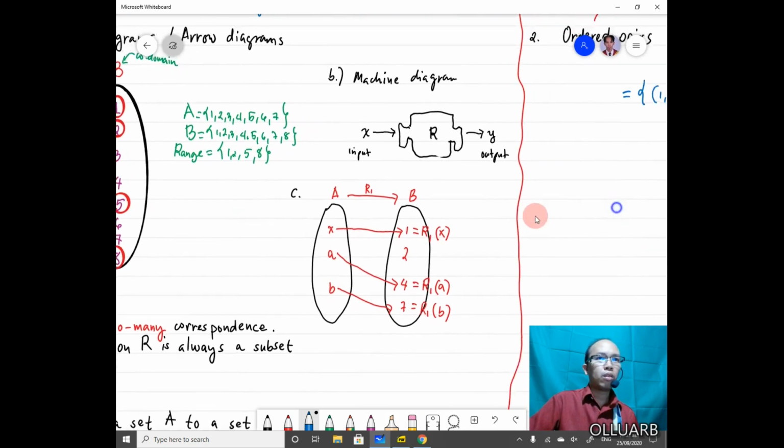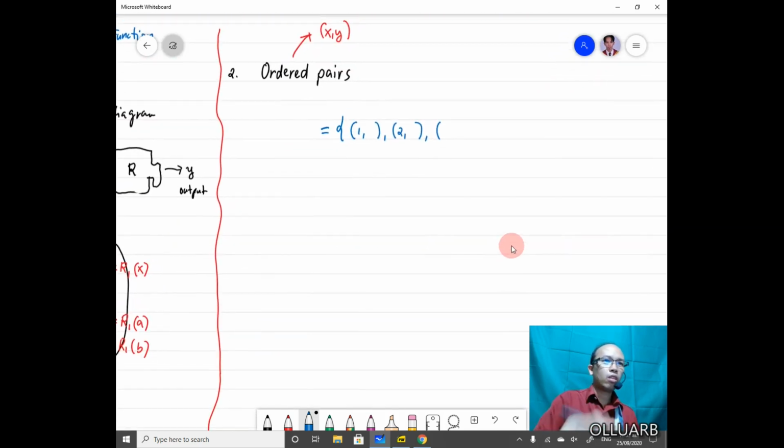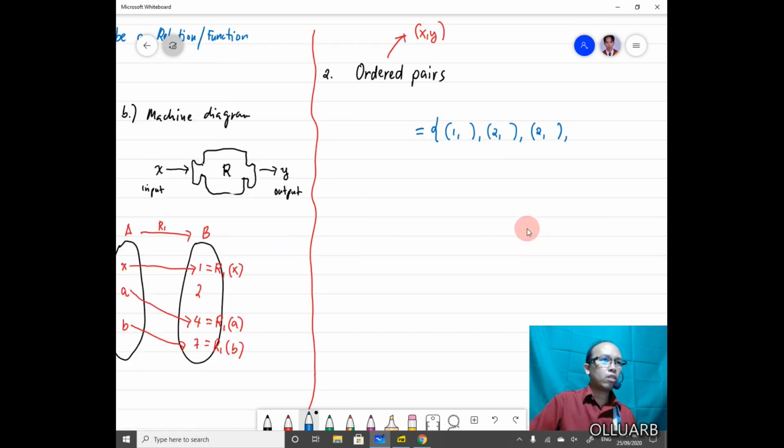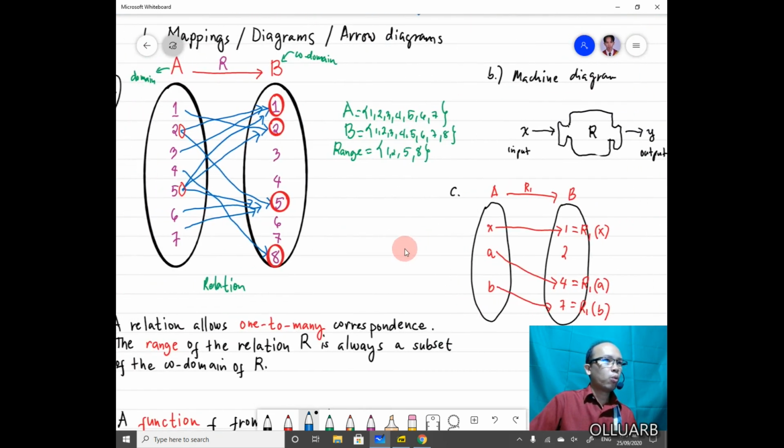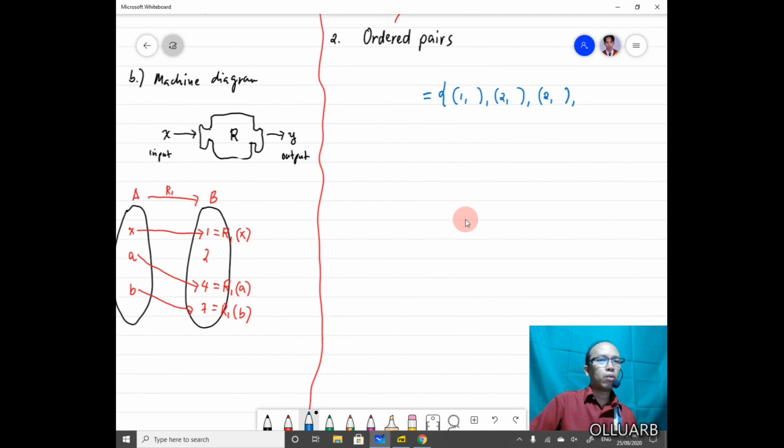So we are going to put 2 here, and then let's complete the list. 1 to 2, 1 to 5. Let's try another color. 1 2, 2 1, 2 5, and then 3 only 1,